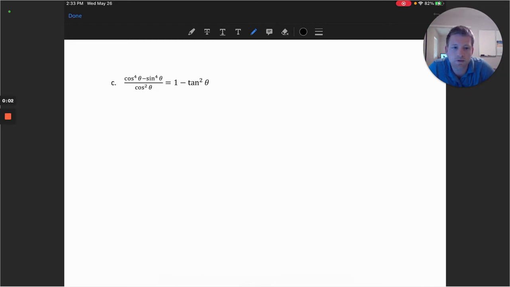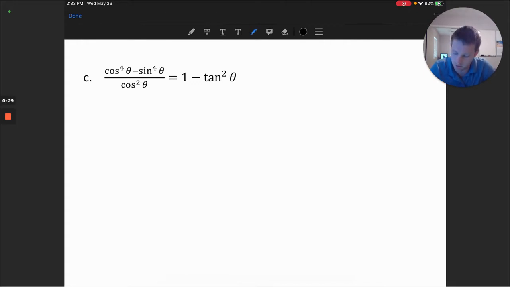In this video, we'll take a look at a few more identities. Part C, we have cosine theta to the fourth minus sine theta to the fourth divided by cosine squared equals 1 minus tangent squared theta. As we look a little closer, it might be helpful to start with the left side and see if we can transition that to look like the right. So I'm going to start with this left side,